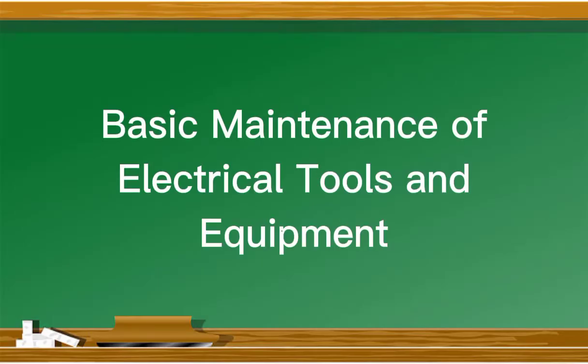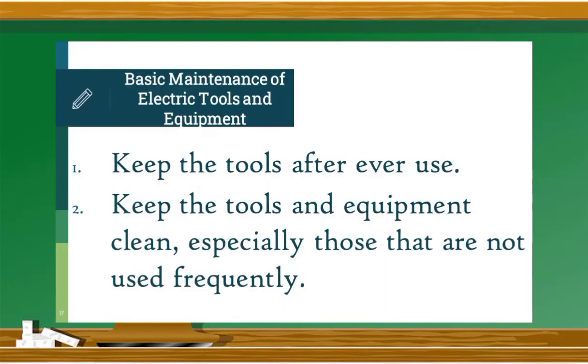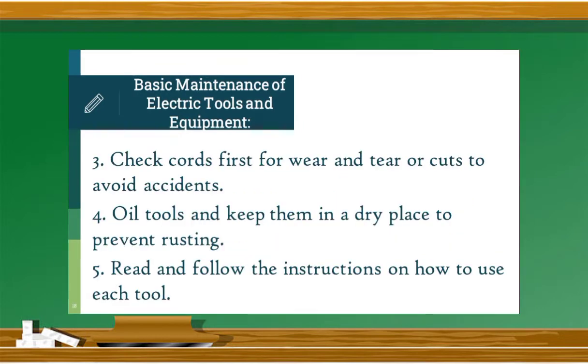And next is the basic maintenance of electrical tools and equipment. The first one is keep the tools after every use. The second one, keep the tools and equipment clean, especially those that are not used frequently. Then check cords first for wear and tear or cuts to avoid accidents. Oil tools and keep them in a dry place to prevent rusting, and also read the instructions on how